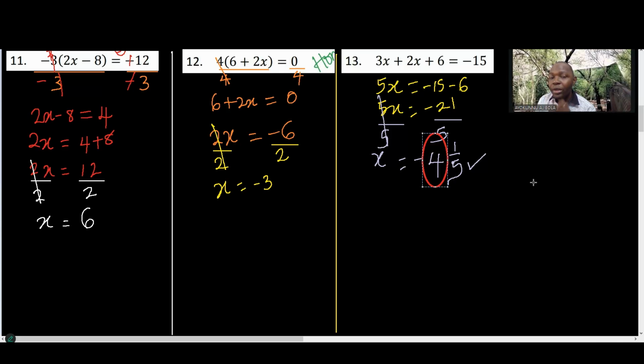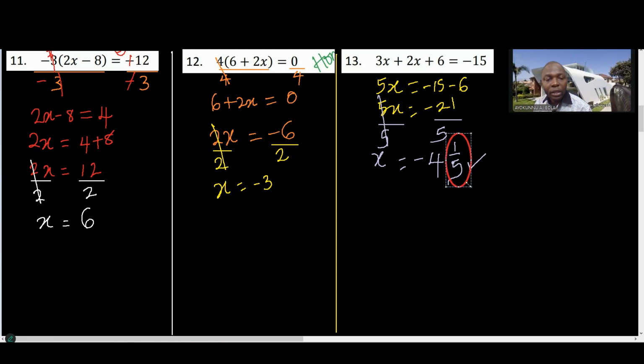That is, how many 5s go in 21? That's 4, right? Yes. And what is 5 times 4? Pardon? What is 5 times 4? 20. So if you take 20 away from 21, what do you get? 1. And that's where the 1 came from. And since we are dividing by 5, you put your denominator there, okay? Is it clear to you? Yes, it is. Now try to explain the whole thing here.